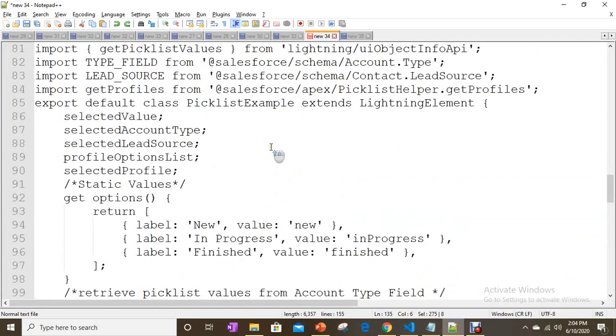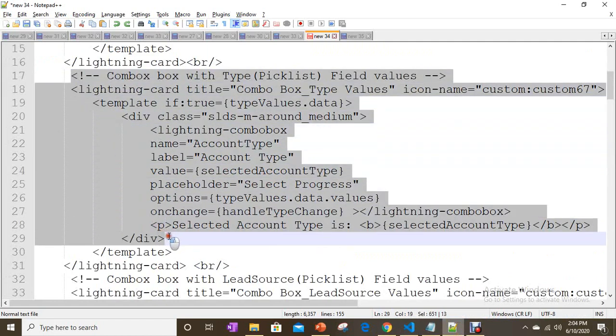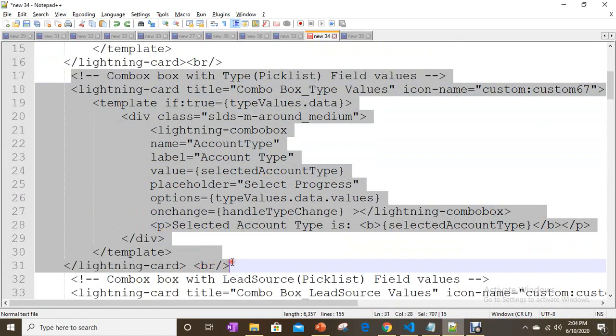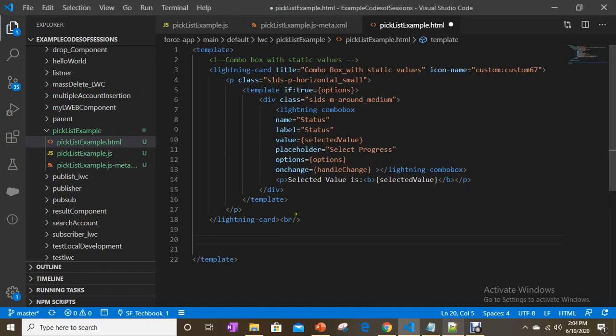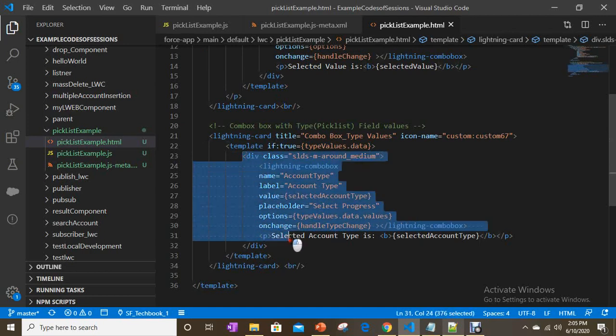So let's go one by one. First thing is account type, right? Let's take it. As usual, we have a wire property. Type values dot data, whether there is something or not, then only it shows this block if there is some data.